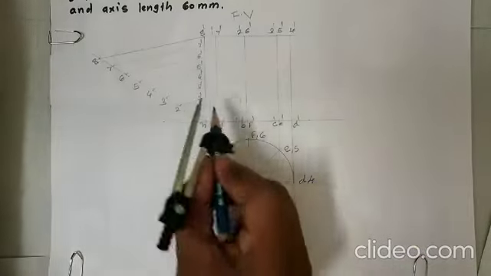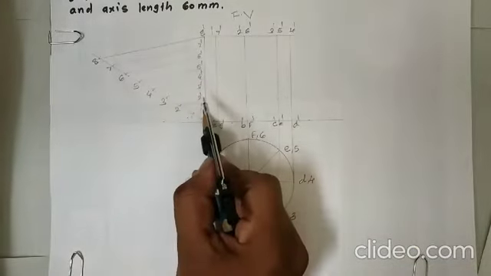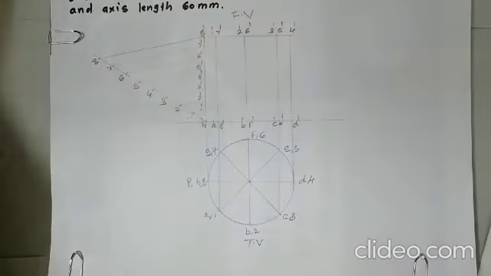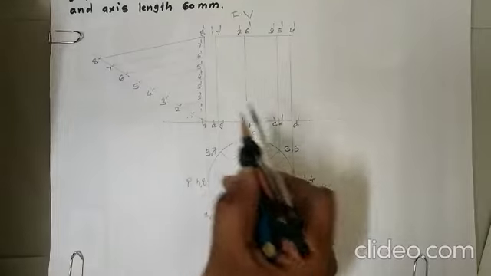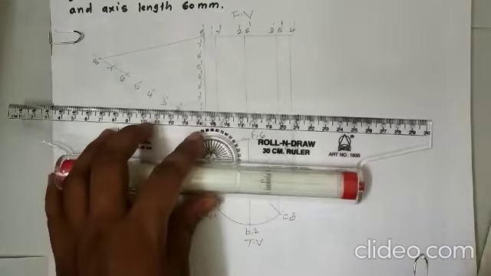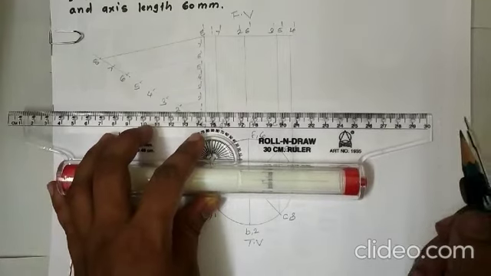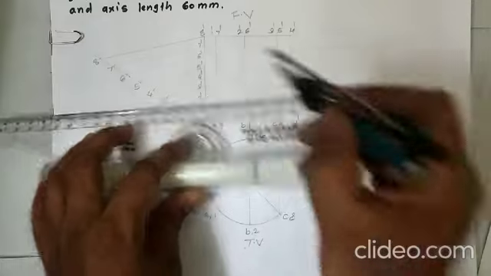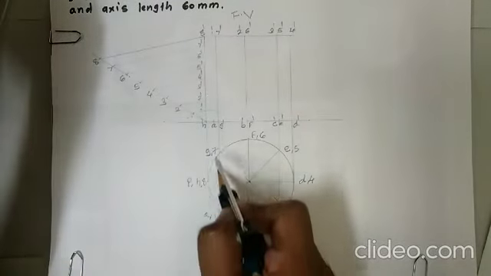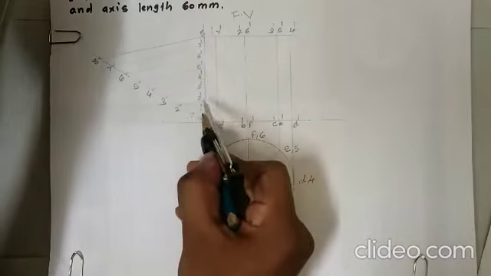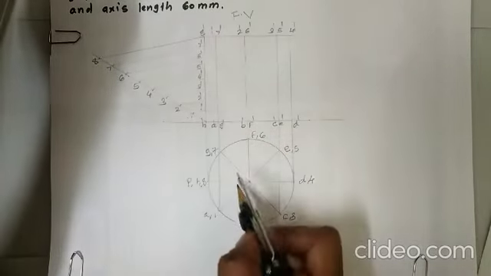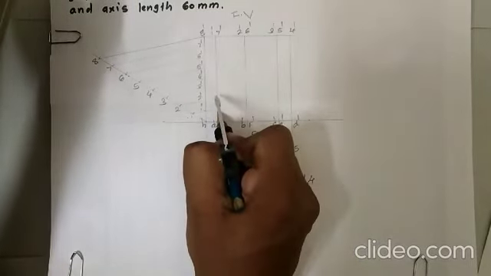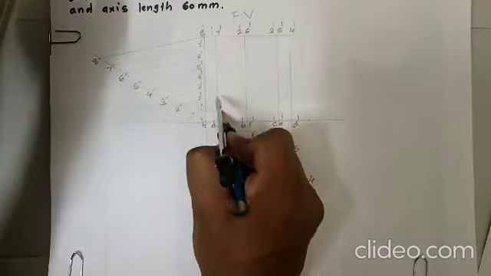Now we need to draw a horizontal line from each point, that is from 1 dash, 2 dash, 3 dash, 4 dash, 5 dash, 6 dash, 7 dash, and 8 dash. Consider this 1 dash, and you need to extend it till this 1 7 line. Our focus is on 1. Where is point number 1? It is over here on the 1 7 line. So this is our first point, our P1 point.